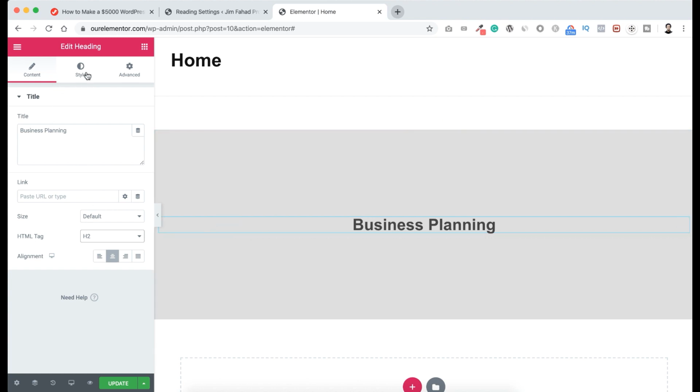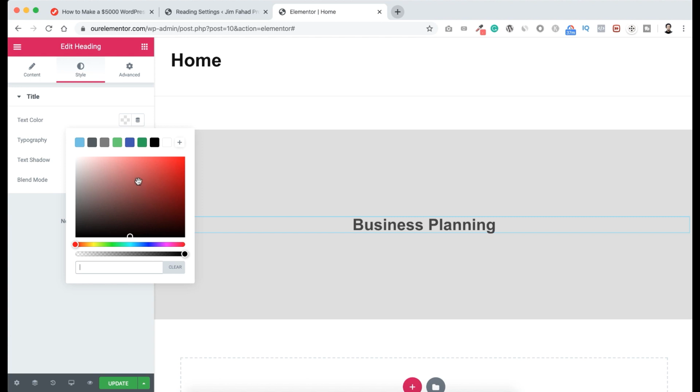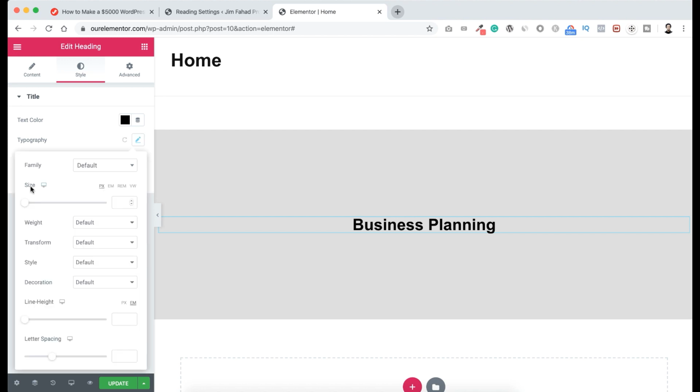So if we now go to under style tab here, like here you can see the options for text color. Let's click on this color picker. You can change the text color from here, like you can make it red or white or black. For now let's keep it black, and then click outside. Here you can see typography. Let's click here on this pencil icon. Now here you can see the option for font